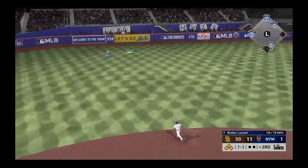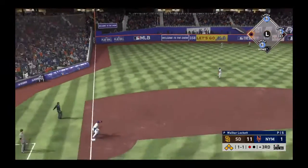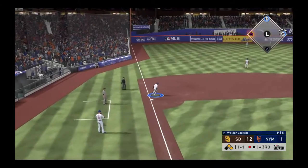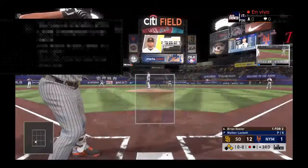Slapped hard the opposite way. Catch will be made here. Tagging is the runner from third. And they'll extend their lead even further as the run from third is in to score. Standing with an RBI single in his